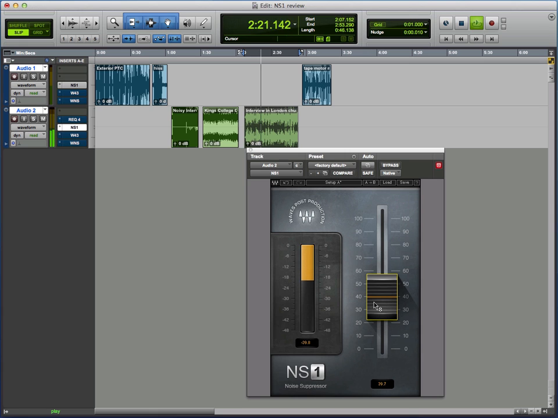Handled really quite nicely, all the high frequency noise, but the low frequency stuff, the rumble from the traffic outside,